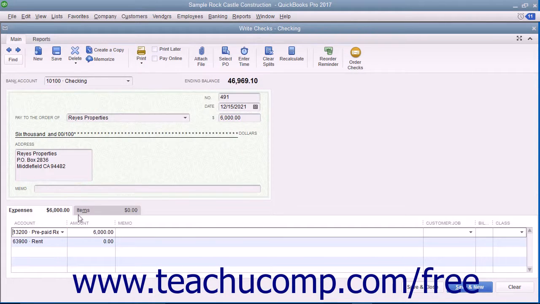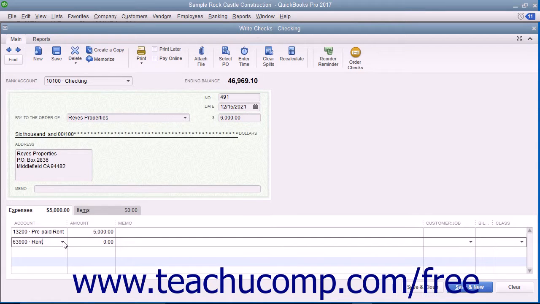In the adjacent Amount column, enter $5,000. This shows that $5,000 of the $6,000 payment is being traded to another asset account for the prepayment of the rent. Click into the next row in the Expenses tab and select the Rent Expense account. QuickBooks should automatically attribute the remaining $1,000 to that account for the first month of rent as it is being